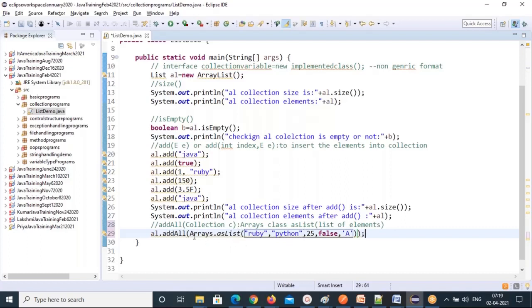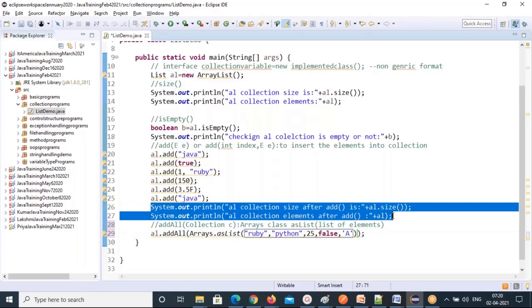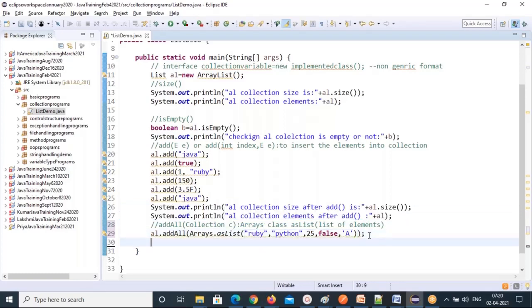So how can you specify that? Using the Arrays class and that static method, asList method. We already discussed the Arrays class in the arrays topic, I think. The Arrays class also has methods we discussed in string methods, right? Arrays dot sort, while doing the anagram program we used Arrays dot sort and Arrays dot equals, both of them. So now you see the number of elements and what the size is, and print that. Just call the size method and print that AL collection. So now the collection will be increased.